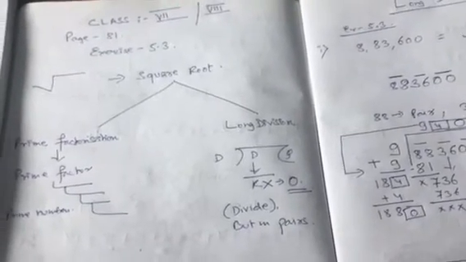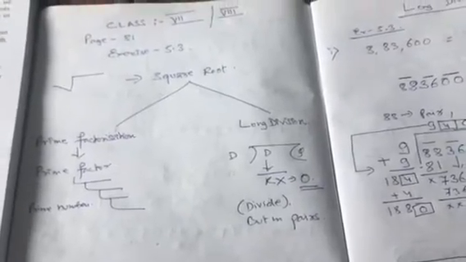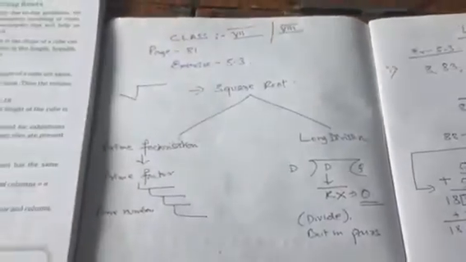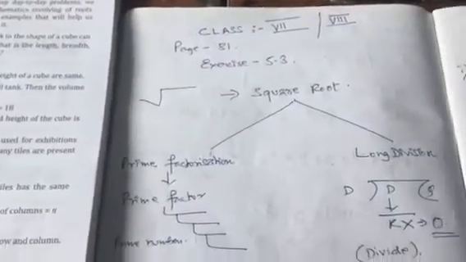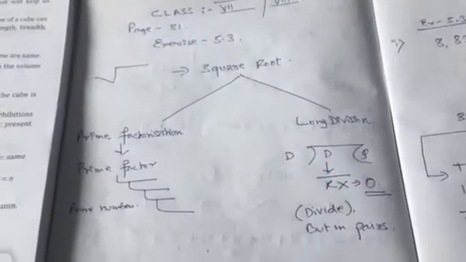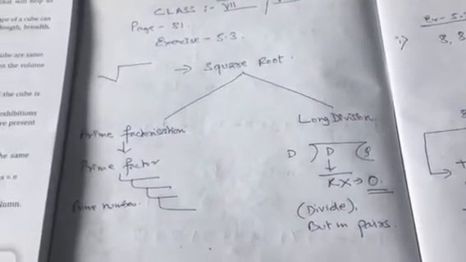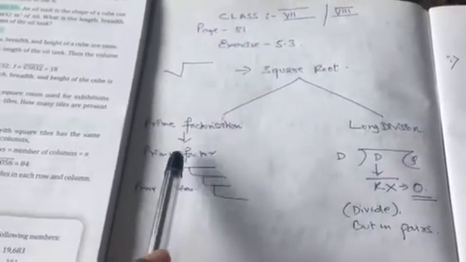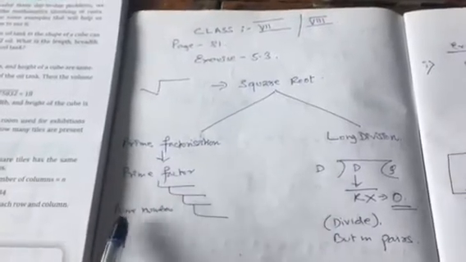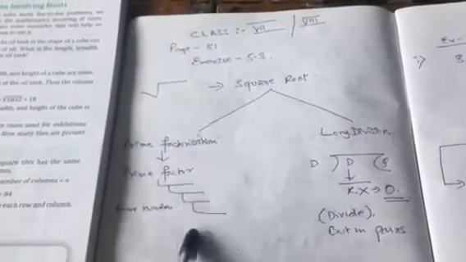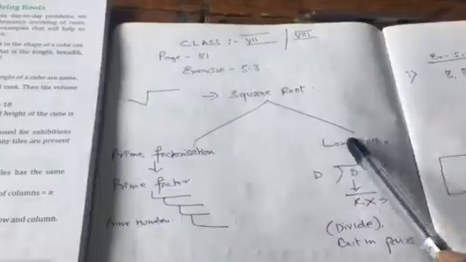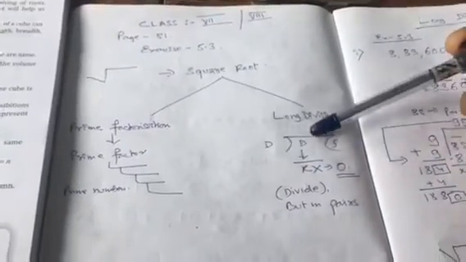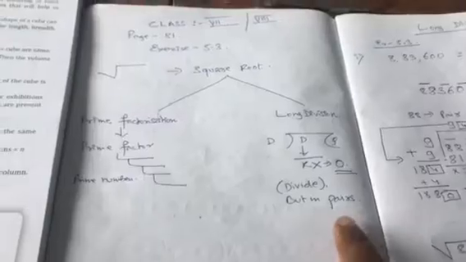So by now we know we have done the squares, the expansion and the exponent. The next part of these chapters is related to square root. As I had already told you before, square roots are basically found with two different methods. The first one is the prime factorization method, where prime numbers are used to find the prime factors, and the other one is the long division method, where you constantly go on dividing, but by taking the pairs.